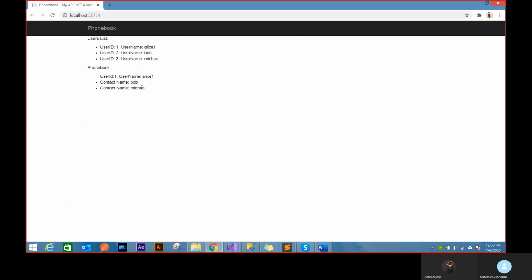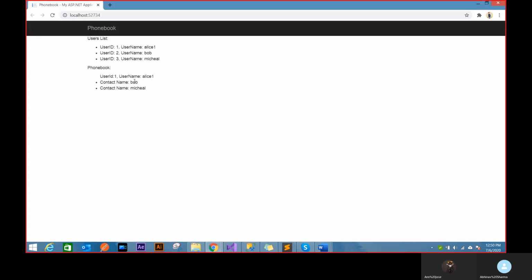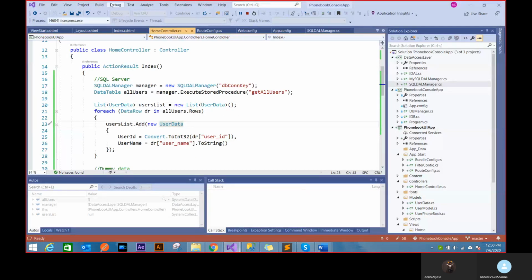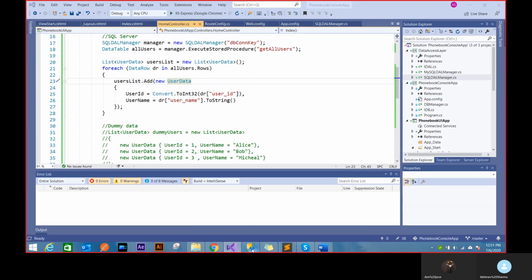And the second thing is also coming, like it's just doing the dummy thing. It's not coming from DB yet, because if you look at the phone book record, it's like this 1213. And on the UI, there will be Bob Ellis and Michael Bob. Right? So one way to do this is I can show you, because I have to create some kind of stored proc to get those guys out now.